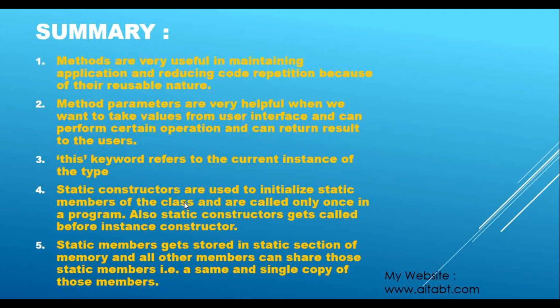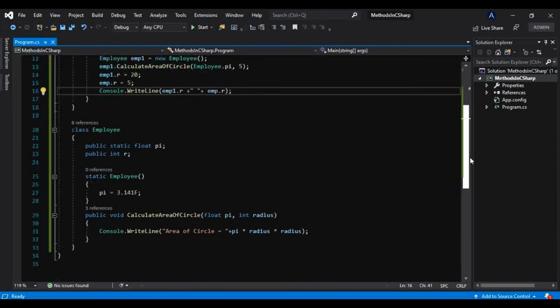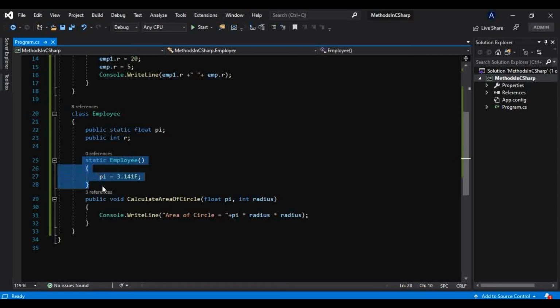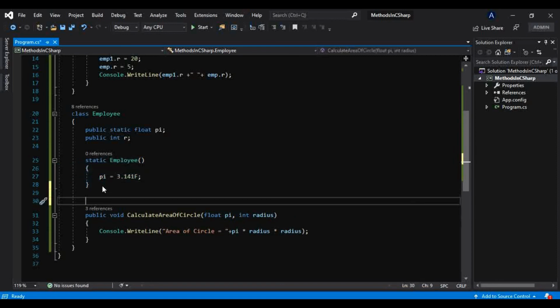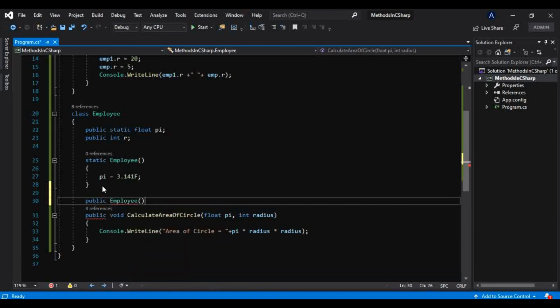So to understand that, I will give you one example. It also says the static constructor gets called before the instance constructor. So let's take one example. We know this is our static constructor. Let me take another constructor, an instance constructor, like this.